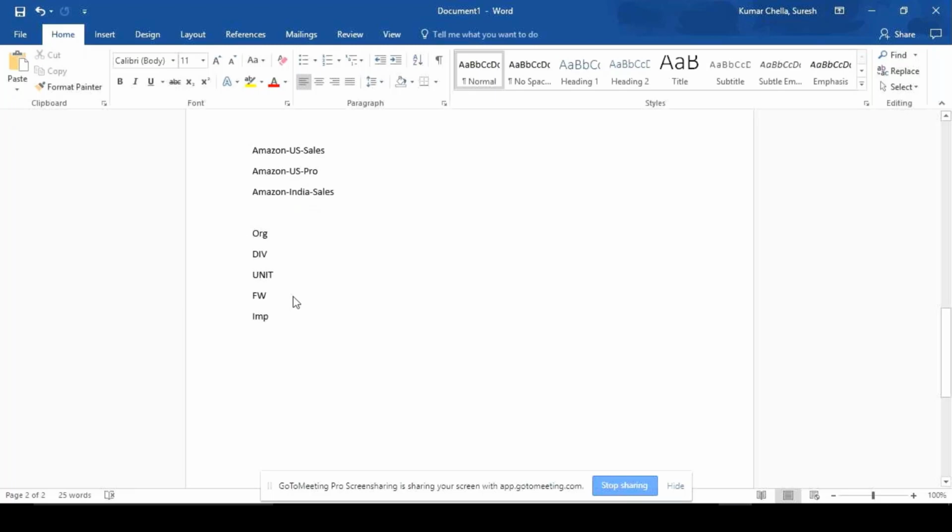So now under framework and implementation we can create an application. Under organization, division, unit, we cannot create an application. They serve for reusable purposes. We cannot create an application over there. But what is the difference between framework and implementation when we are trying to create an application in both these layers? The main difference is